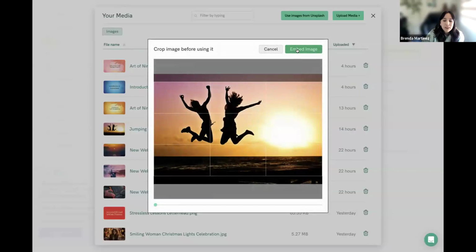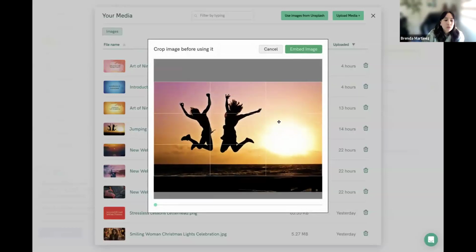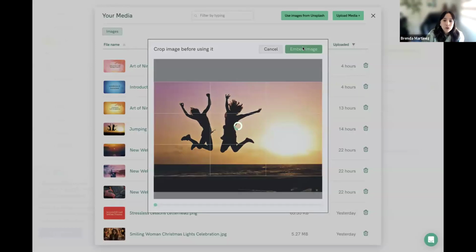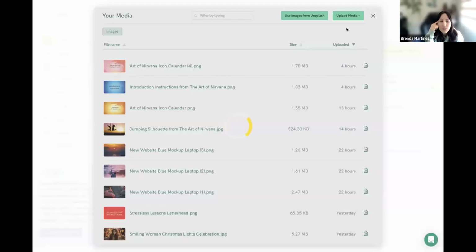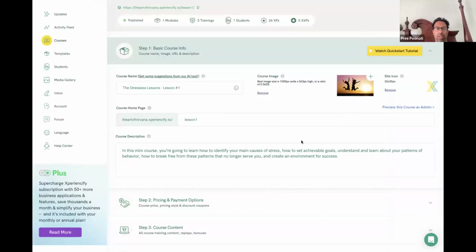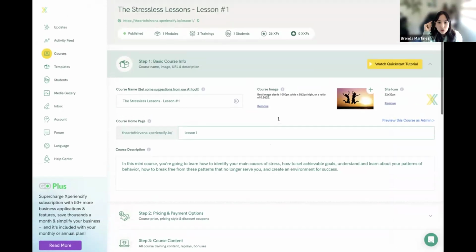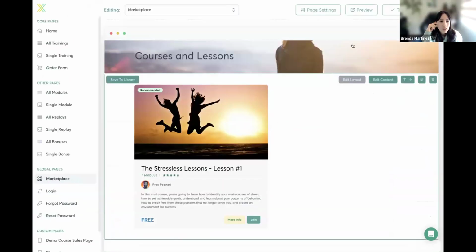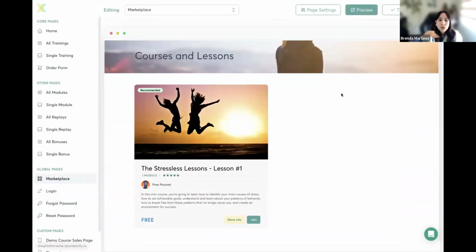It shouldn't happen that way though. If you change that image, it should automatically be the one showing up in your marketplace. I don't know why it didn't. Maybe it's because you uploaded a different picture in your marketplace. Yeah, maybe. Once you like your image, please click on save in your marketplace so that your changes are saved. Oh, it's saved. All good.